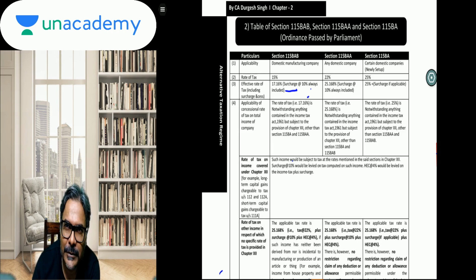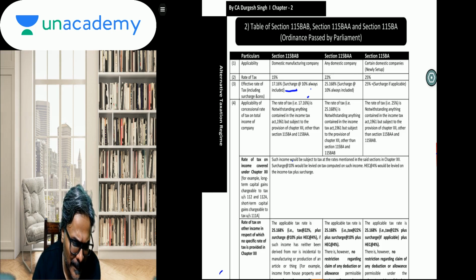3 sections which is applicable to a domestic company. But I may say to all of you that this section 115BA, which you can see presently, has more or less become redundant. By introduction of 115BAA, the last one, which is 115BA, has become a redundant provision. How it has become a redundant provision also we will clarify in our discussion.